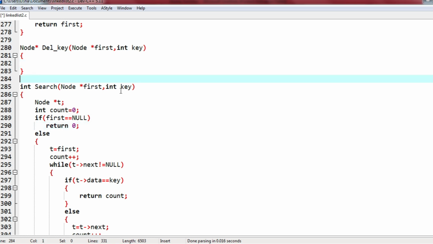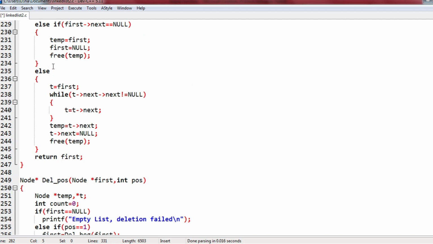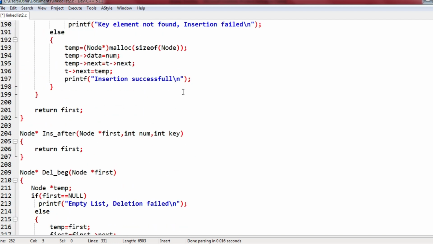Okay, fine. So this is about the complete program. As I told you, these two function definitions are your homework. If you're not able to do it, it's perfectly fine. Try to do it. I will be sharing the complete code tomorrow in your Telegram channel, and also in your WhatsApp group, so you can compare the code with the one that I send to you.